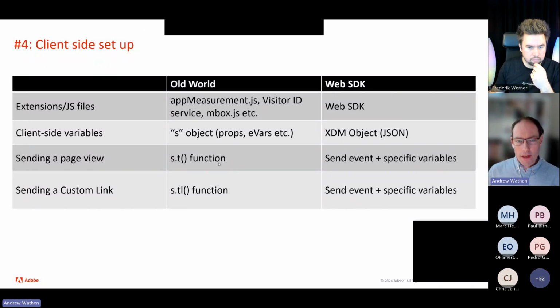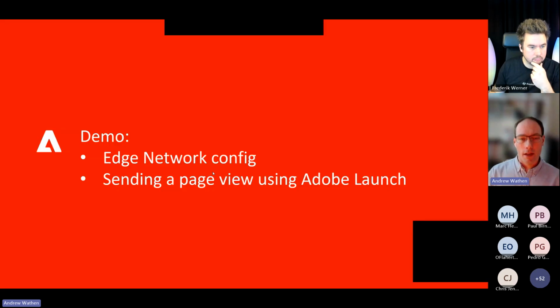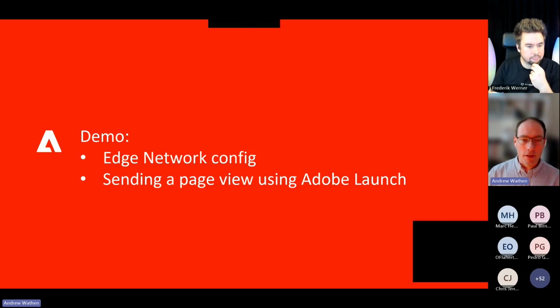So I think at this point it's a good idea to go and have a look in the tool, and we can look at how the edge network config is done, and how one would set up to do a simple page view in Adobe Launch. My motivation for doing this is really just to help you orientate yourself in terms of the different areas of the tool that you're going to be going into and how that looks. Okay,